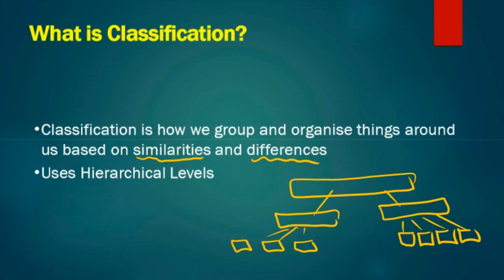So what we do is we actually organize them into groups of similarity and difference, but at different levels to try and help make sense of them all. So the easiest way to understand it is how we group animals together, like ones that have backbones and ones that don't. Those groups help us make sense of those animals and how they're organized better than if we tried to put them all on just one level. Now, when we talk about using levels as well as just grouping things, we call that a hierarchy, and you have to remember that word.